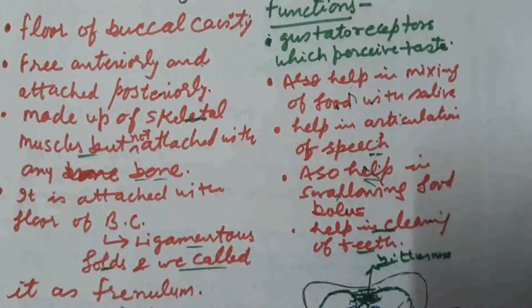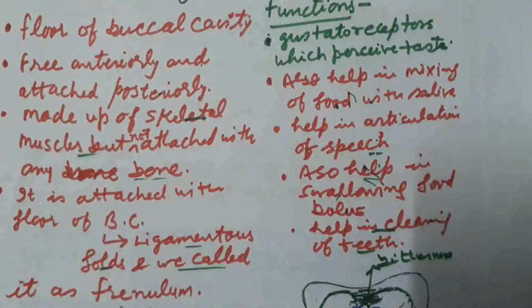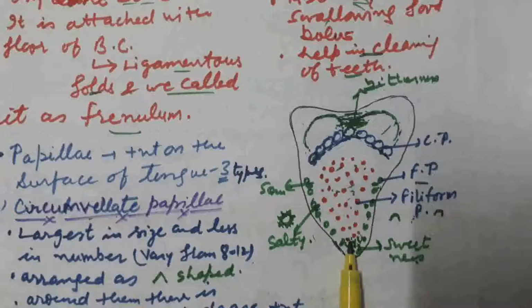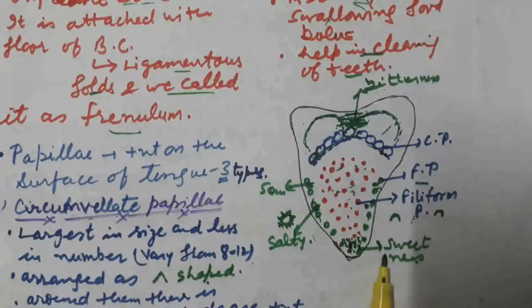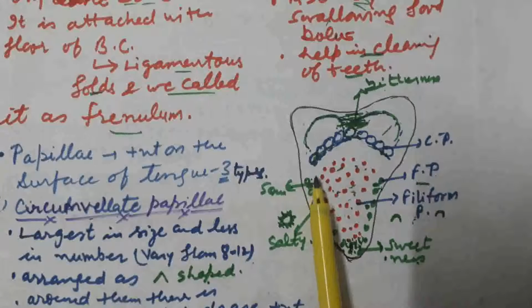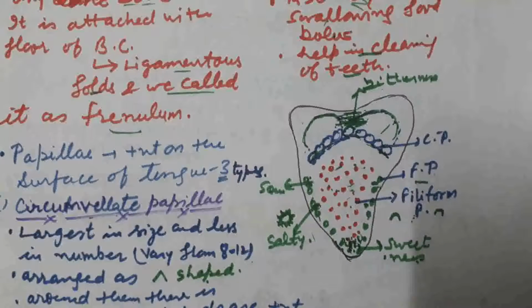What about taste buds? Taste buds are present in papillae, circumvallate papillae and fungiform papillae. They are chemoreceptors and help in tasting. They are present all over the surface of the tongue. The posterior part of the tongue perceives the bitterness of the food material. The anterior tip is able to identify the sweetness of the food, and on the sides there is the area which helps in tasting sour and salty substances.